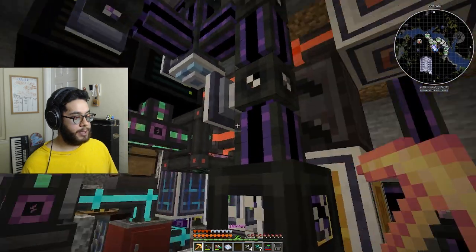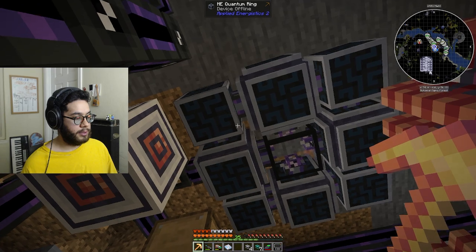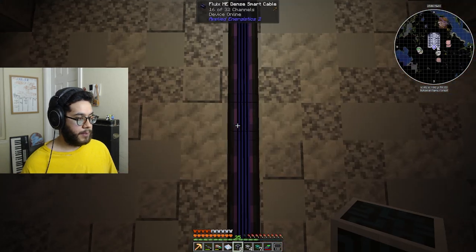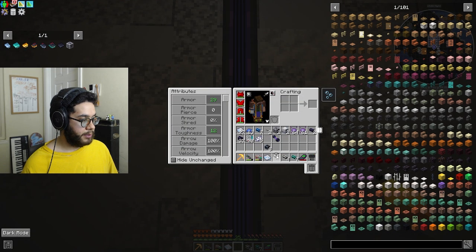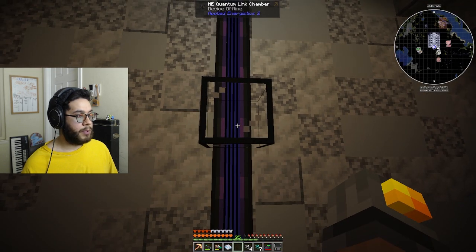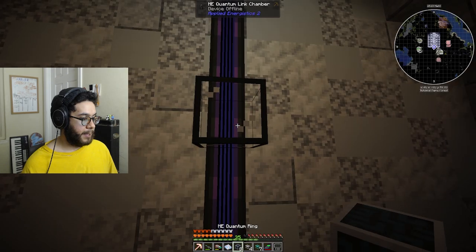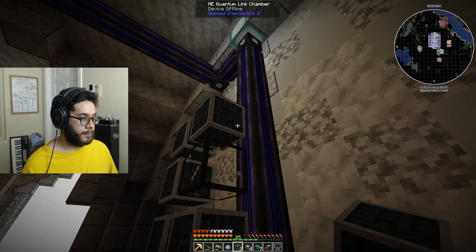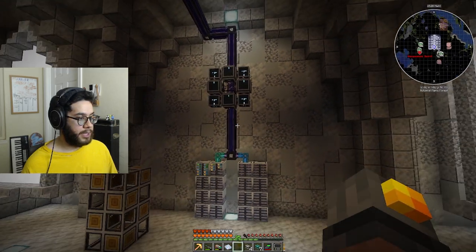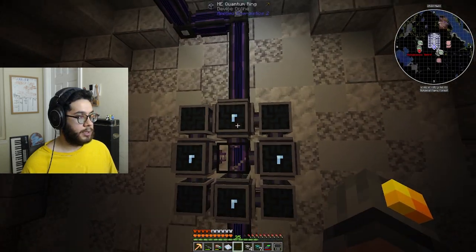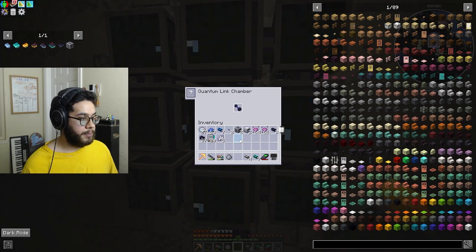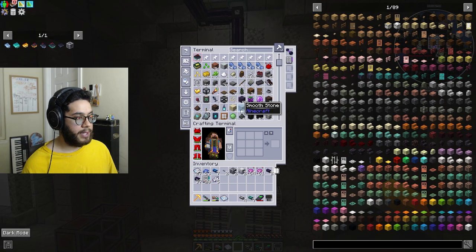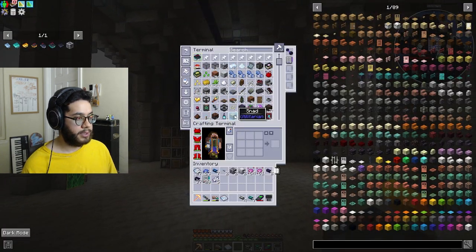The next thing I want to do is set up our wireless. So let's go ahead and break this. I guess for now I can put it here. So it's 1 quantum link chamber and 8 quantum rings around. And you get a quantum ring. And then you put this in, entangled singularity, and I have now access to this once again wirelessly